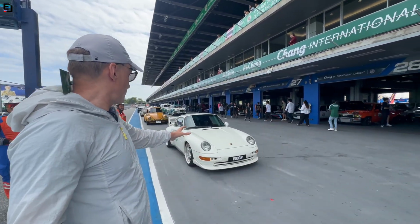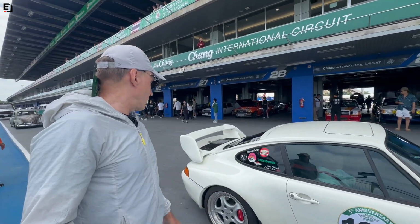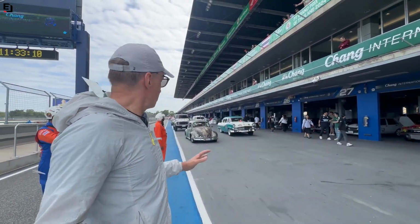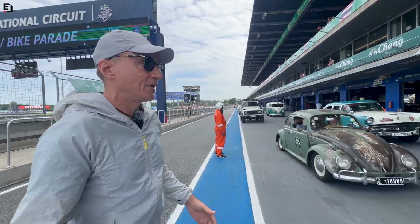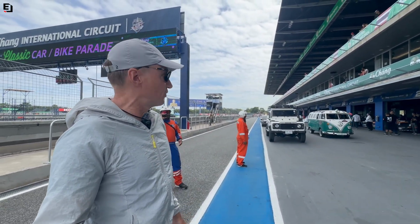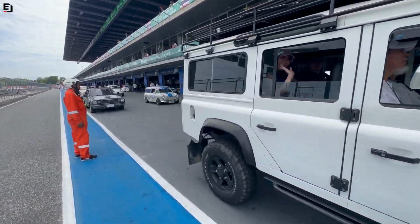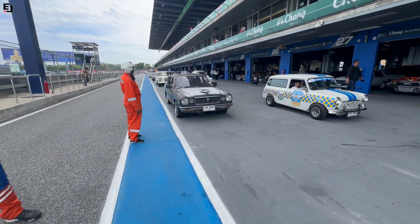Ferrari Motorsport's 911, which has got a bit of work done on the back end everywhere. More air-cooled. We've got a Defender coming, and that's the thing about these parade laps. Absolutely everything you could imagine rocks up. I'll just spin you around so you can see the Defender, but I want to show you this Cressida behind,